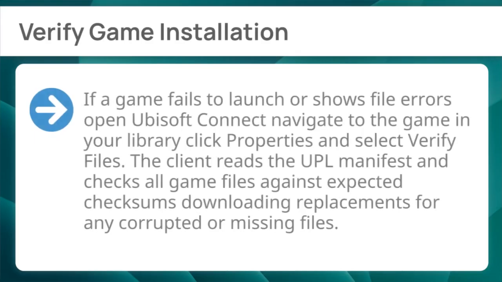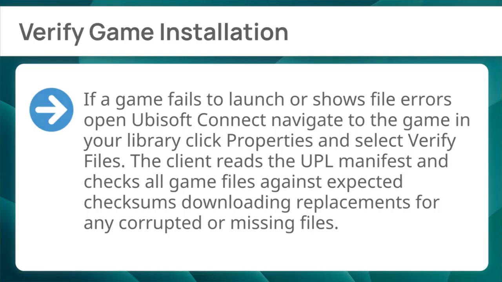Next, verify game installation. If a game fails to launch or shows file errors, open Ubisoft Connect, navigate to the game in your library, click Properties, and select Verify Files. The client reads the UPL manifest and checks all game files against expected checksums, downloading replacements for any corrupted or